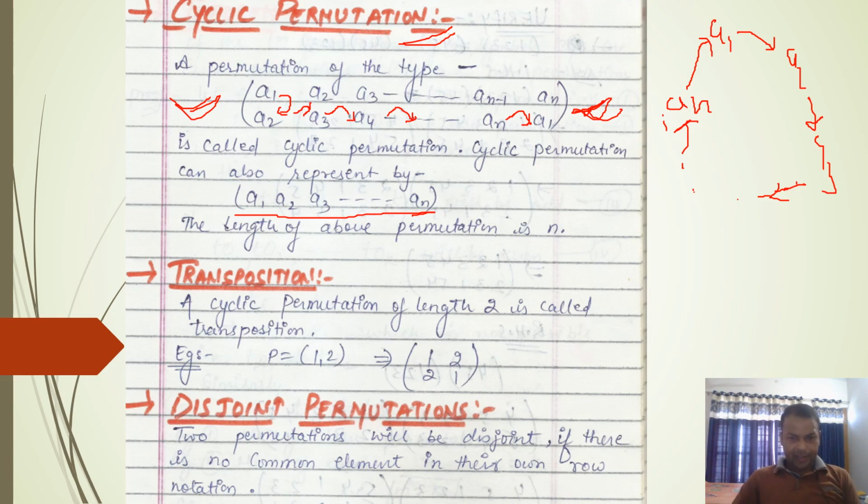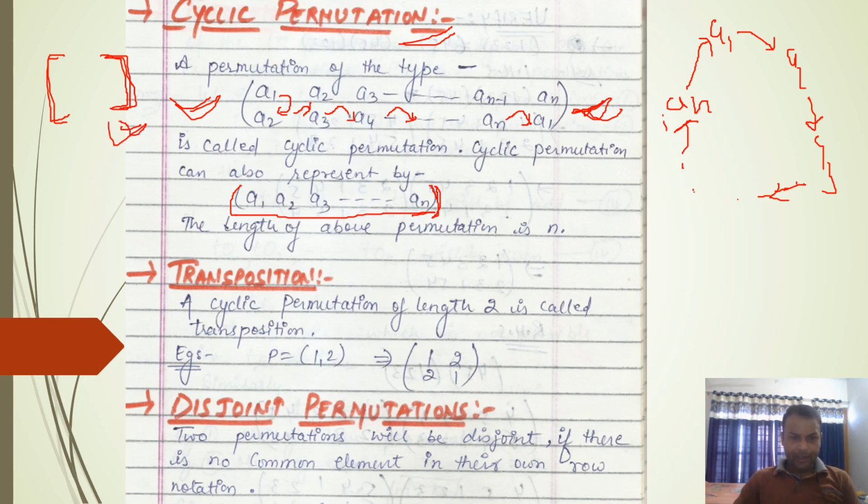One student has asked how to denote a permutation. Can we use square brackets? If you are using square brackets, then you must mention that you are using square brackets for denoting a permutation, else that will be considered a matrix. The standard notation to write a permutation is to use the middle bracket, so I advise you to use the middle bracket. If you want to use any other type of bracket, then you have to mention that you are using this style to represent a permutation.